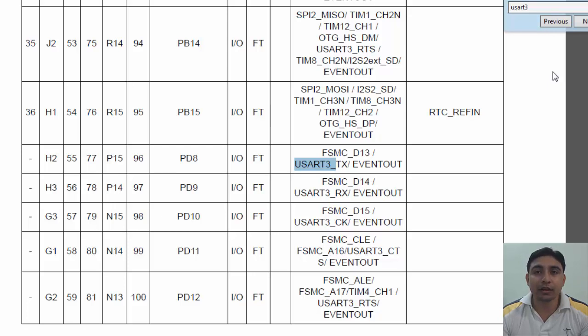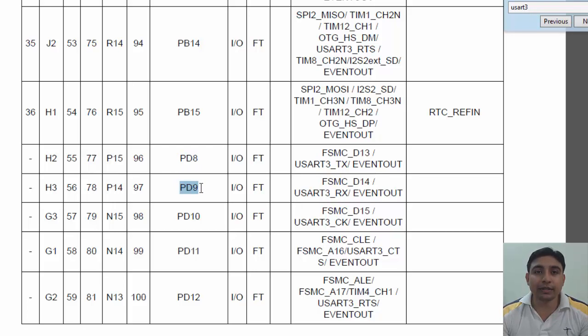CK means clock, but we need the TX and RX pins. So let's choose PD8 and PD9. PD8 is connected to USART3 TX and PD9 is connected to USART3 RX. So we will use these two pins for doing the UART communication.